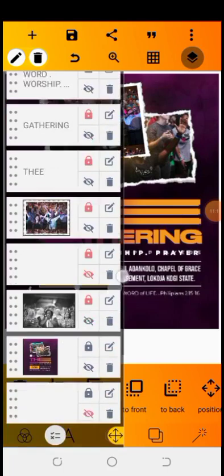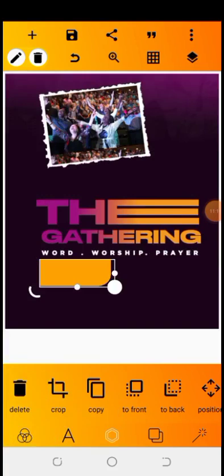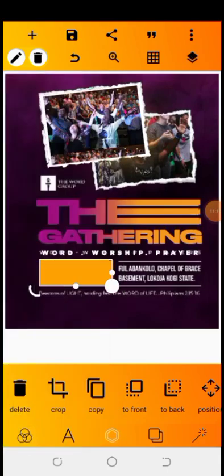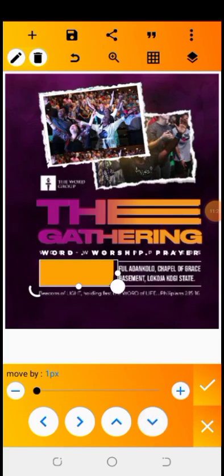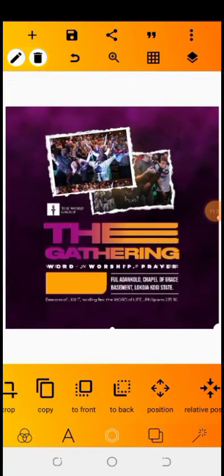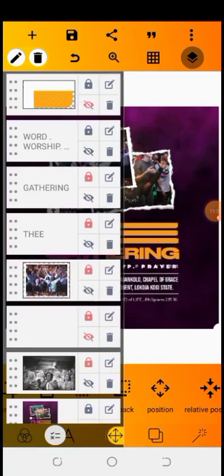Okay, let me hide the main design and check out what I am working on. Okay, just have to reduce it a bit. So something like this, yeah. Let me hide it, and I'm going to be placing my text on it. Okay, yeah, something like this. Use the position tool to take it down. I'm going to be hiding this design. You get. So I'm going to zoom out and hide this for now, and I'm going to be placing